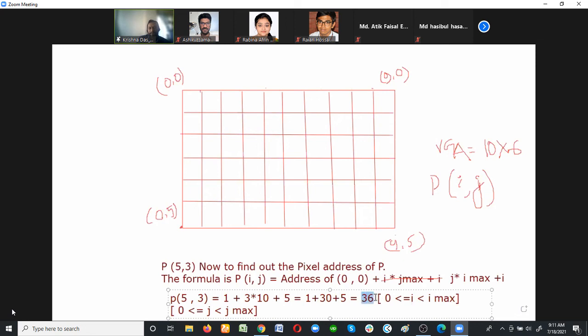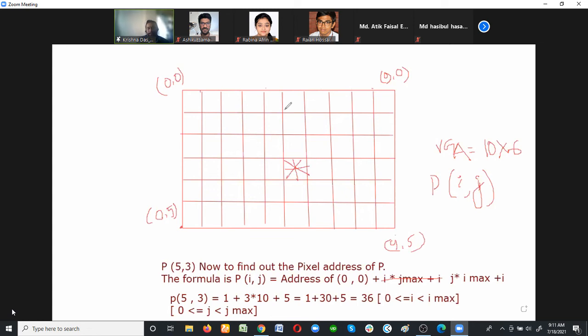Now let us find out the 36 that we have got. You can check here which one is 36. So 1 2 3 4 5 6 7 8 9 10, then this is 20. After 10, 11 to 20, 21 to 30, then 31, 32, 33, 34, 36. So this is the pixel that we have got, this one, right? 1 2 3 4 5 6, this one, 36. So this is the pixel of that